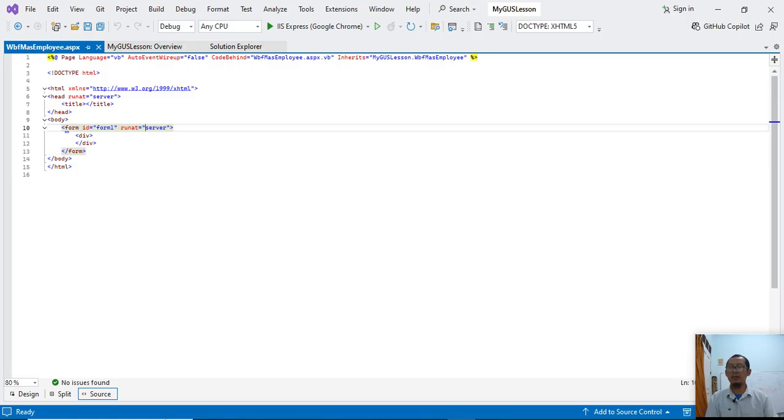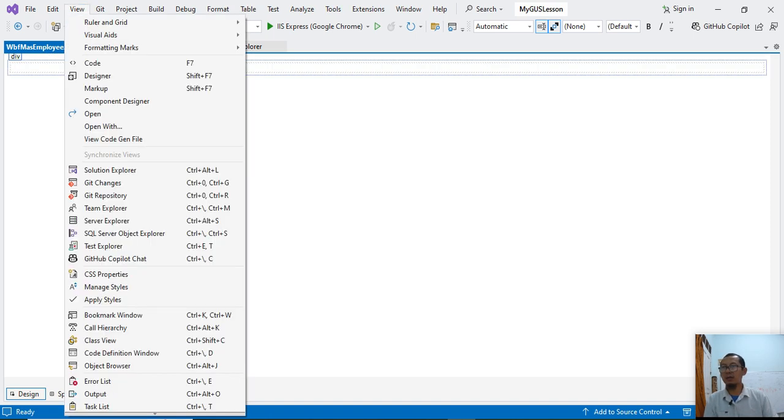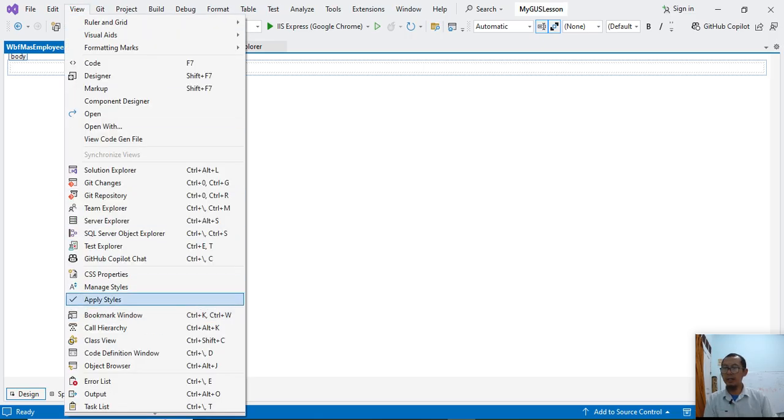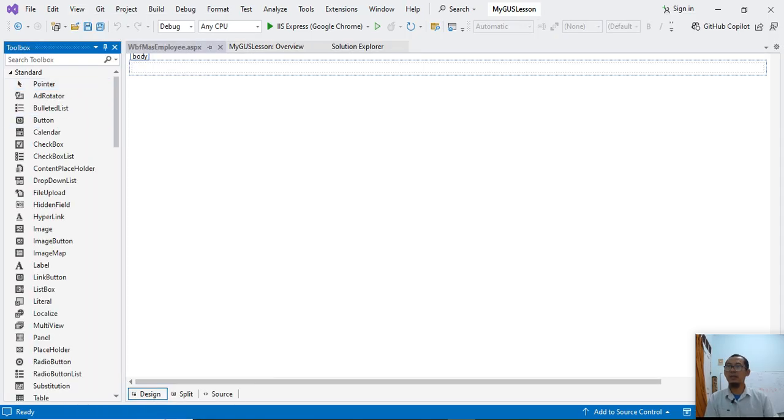You will understand better later by practicing a lot. Now let's click view and find the toolbox. Let's find a button. I want to put a button here.